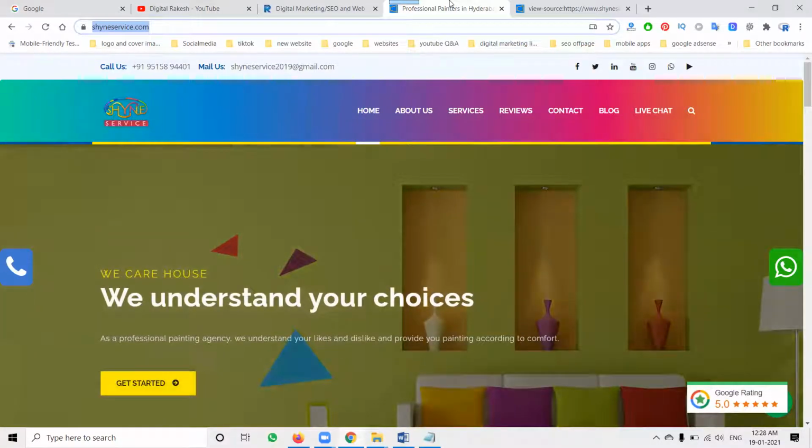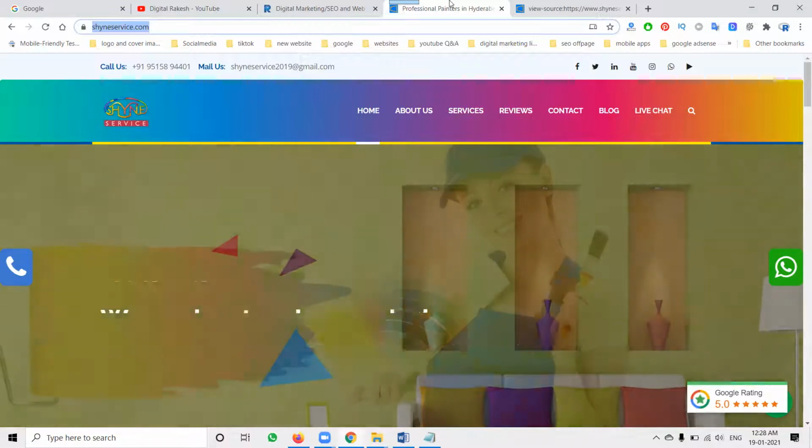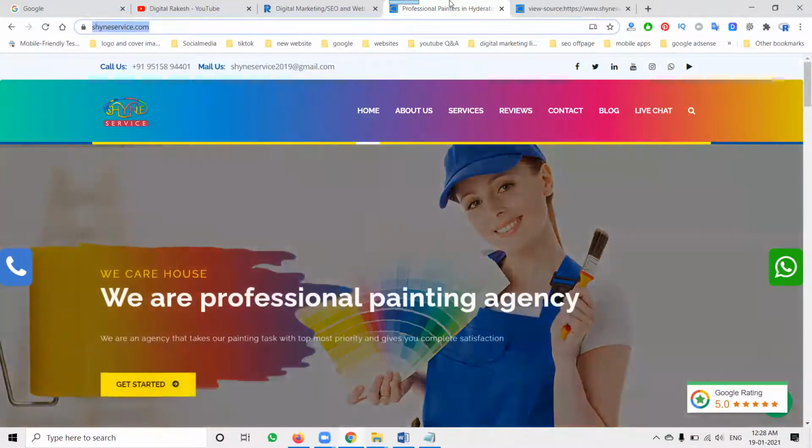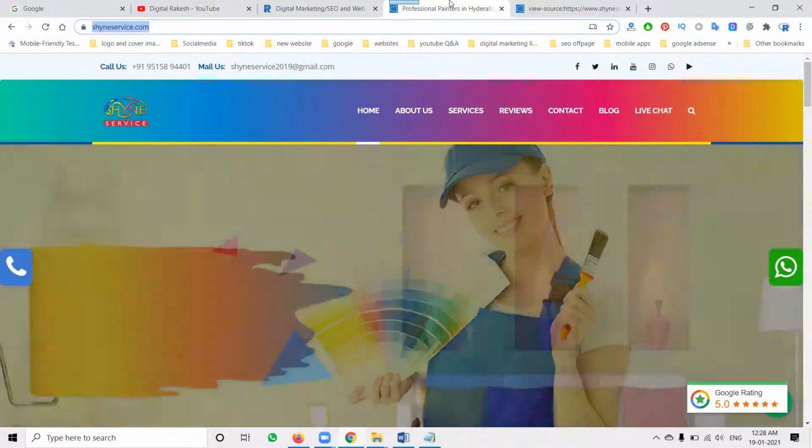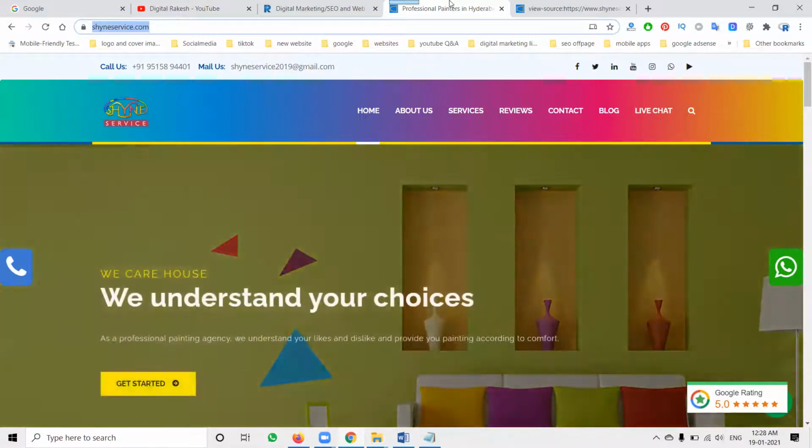But coming to WordPress, we have to install a plugin called Insert Headers and Footers. In the header part, we can paste the meta tags for each and every WordPress website. The plugin name is called Insert Headers and Footers plugin.